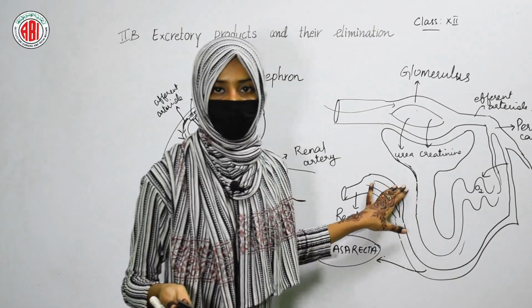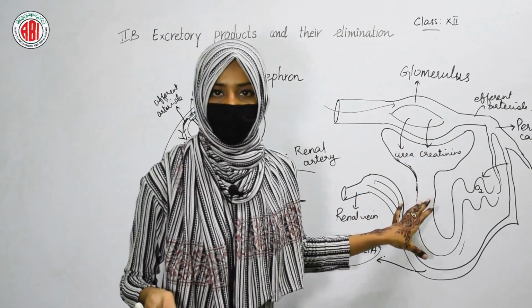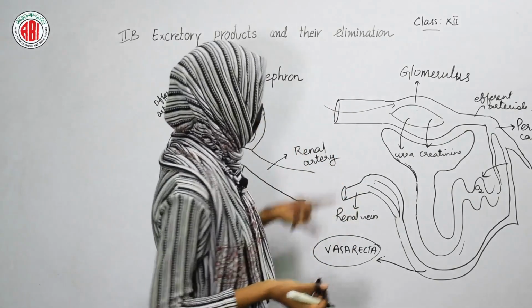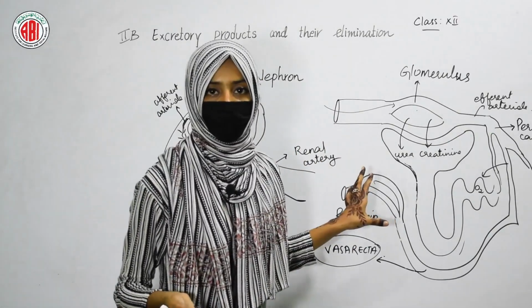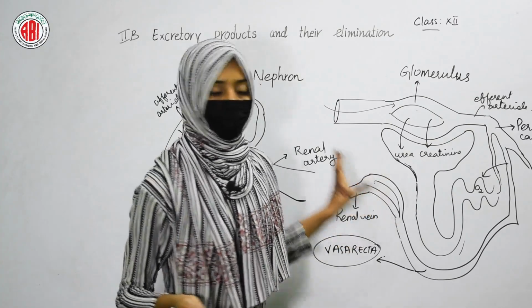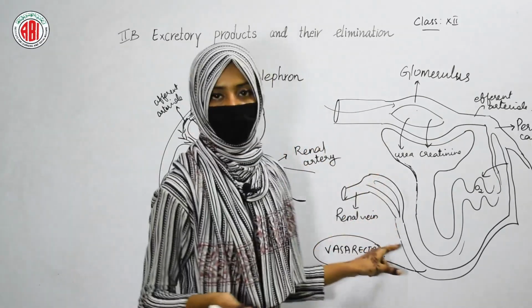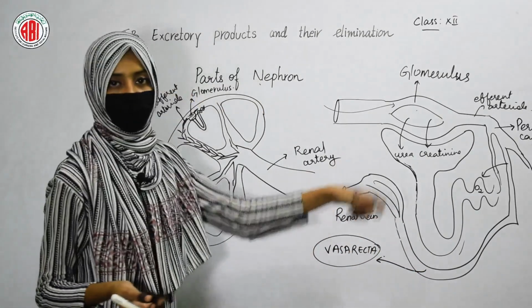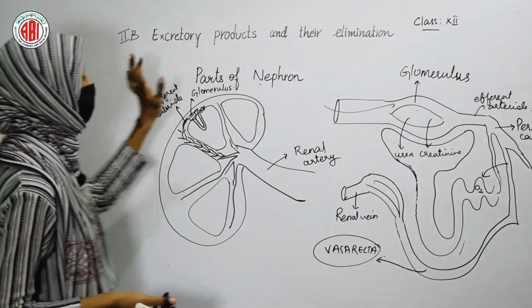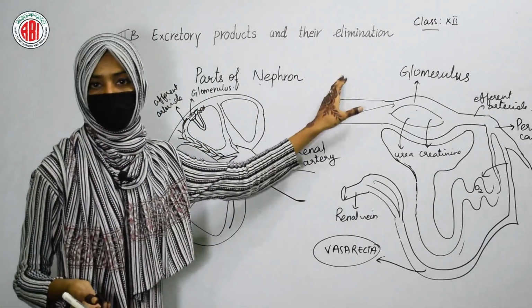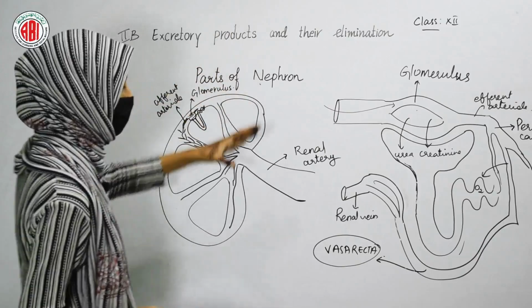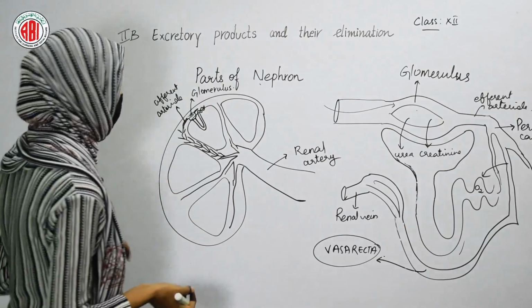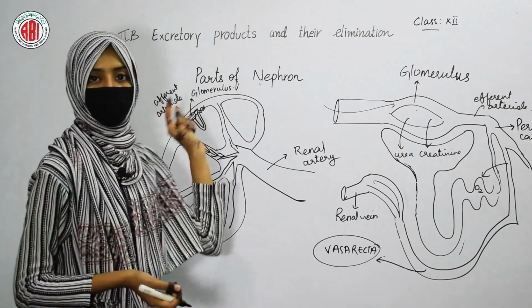Once the oxygen is supplied to the renal tubule, these peritubular capillaries join together and open into a common vein, that is the renal vein. So the deoxygenated blood can pass away through the renal vein, and the main peritubular capillary found in the structure of a nephron is the vasa recta, which surrounds the loop of Henle. So this is about the structure of the glomerulus and also about the different arteries and capillaries present in our excretory system. Now let us see the position of a nephron.